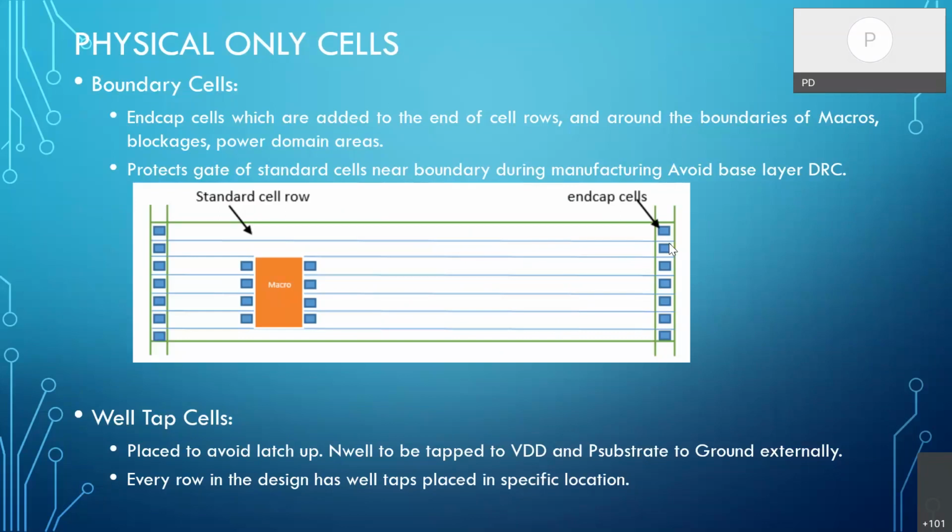So what we do there is place these well tap cells where the N-well will be tapped to VDD, and the substrate will be tapped to ground.